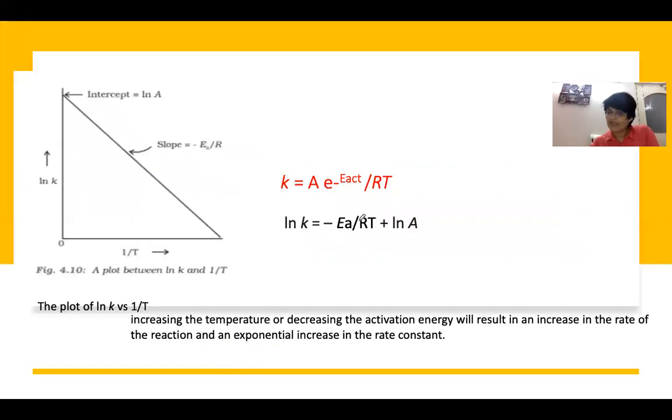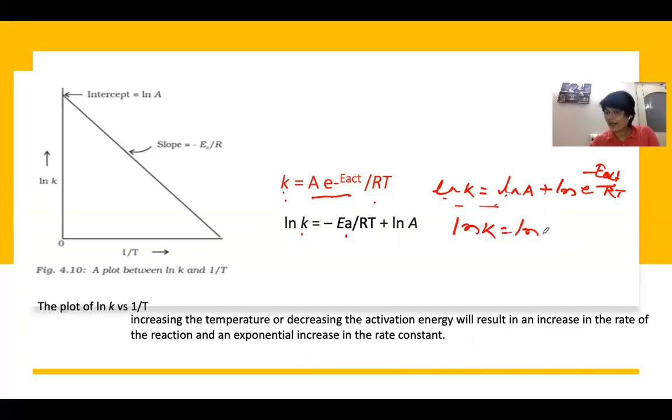Next, once again we are coming back to the Arrhenius equation. We are going to take its log value. When you take log on either side, you know it very well, log k is equal to log A plus log e to the power minus Eact upon RT. This is your natural log. Now, this is that expression. We have written it in this form: log k is equal to log A minus Eact upon RT. Right? So this is written here, Eact and Ea are the same thing.